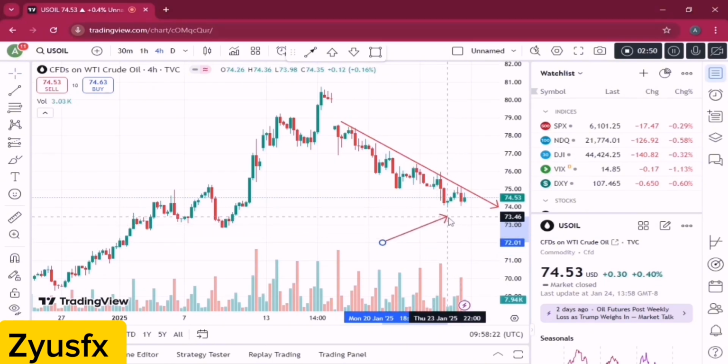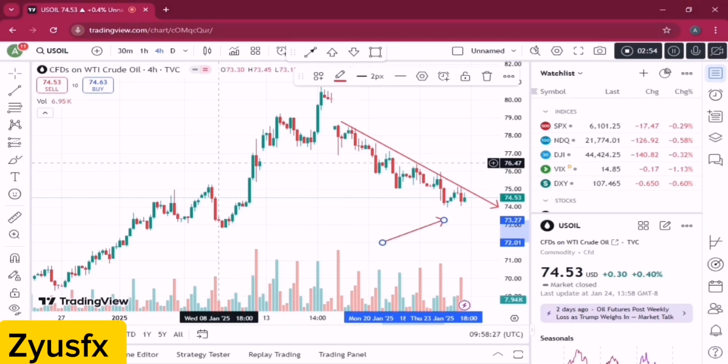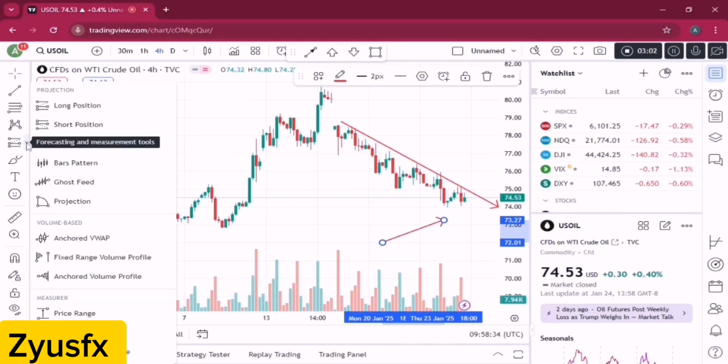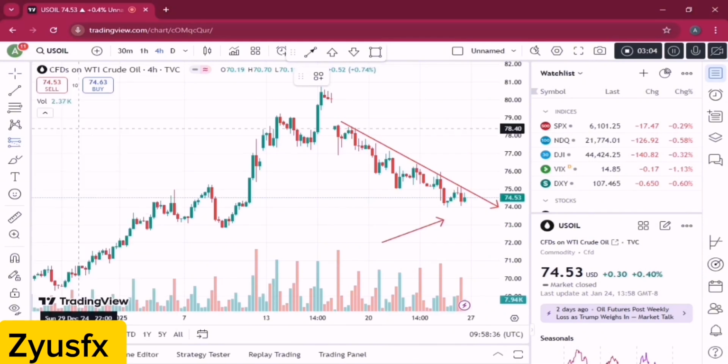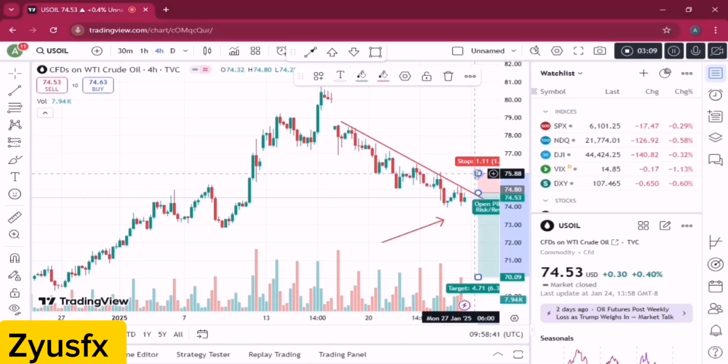And okay, let me share with you how you can enter this. You can take your sells like this. You can set a sell limit, or if you are going to be on your chart, you can wait for it and take your sell once price gets close to the level, close to the trend line. So you can place your sell order like this,